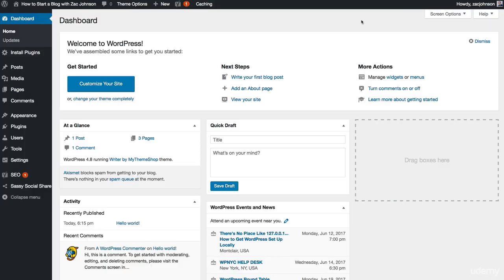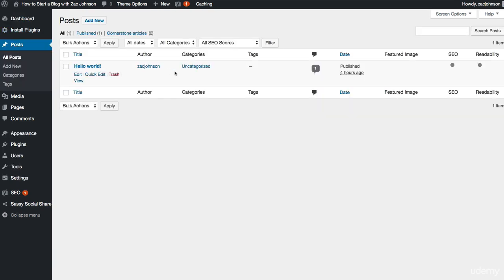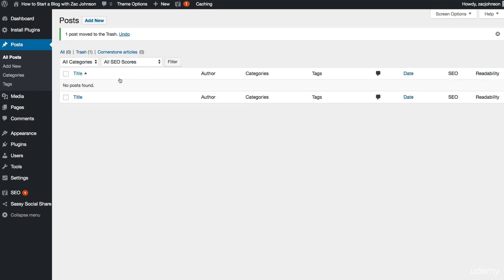All right, now let's start with getting some content created for your blog. As always, we can get started from right within the WordPress dashboard area, and this time we're going to go to Posts. We can go to All Posts, and the first thing we want to do is get rid of this post that says Hello World. It's a default blog post that they put in, and we can just delete it because we don't need it. Now we can go to Add New,